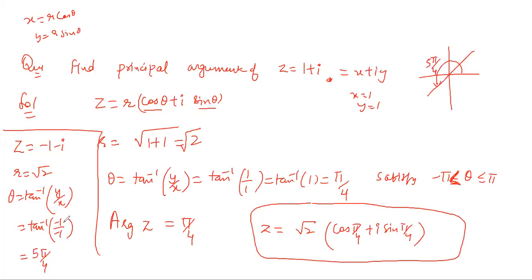How you have to see that? यहाँ पे भी ये tan inverse 1 ही बना था, but ये pi by 4 नहीं आएगा. आपको quadrant देखना है by looking at the signs of x and y. तो ये आप third quadrant का theta है. So this should be 5 pi by 4.